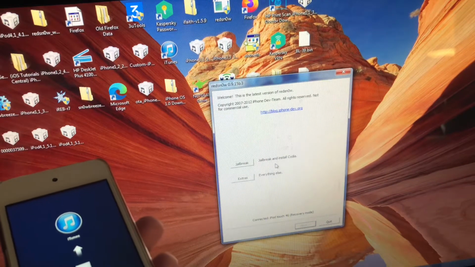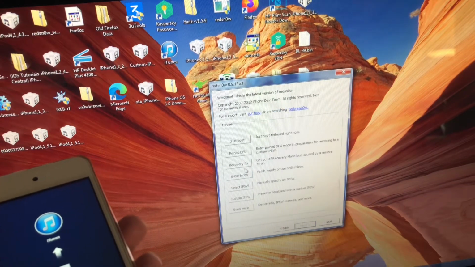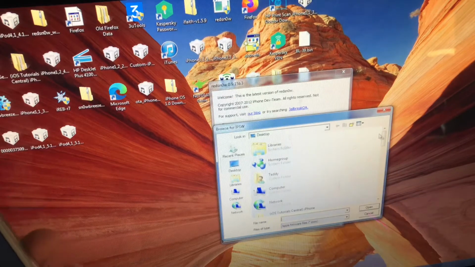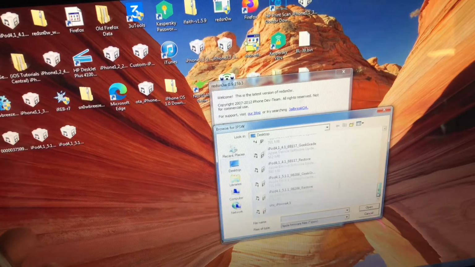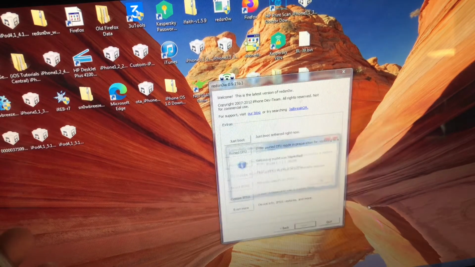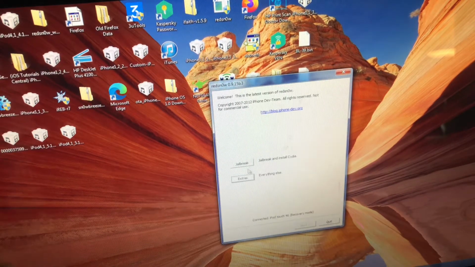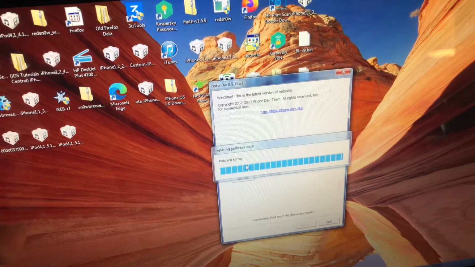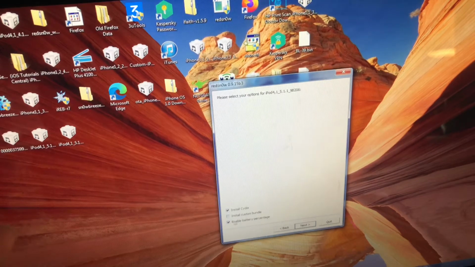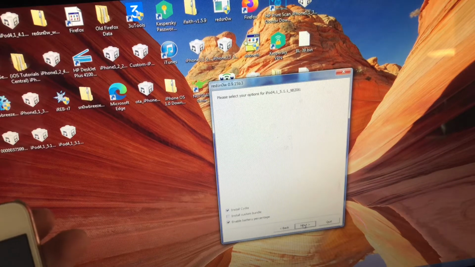What you'll want to do now is click Extras, select IPSW, go down below and find your official iOS IPSW. Then you want to go back, click Jailbreak and install Cydia. I'm not sure if this kind of thing works or not. I'm not sure if it will work to install Cydia and enable battery percentage, but I'll just go ahead and